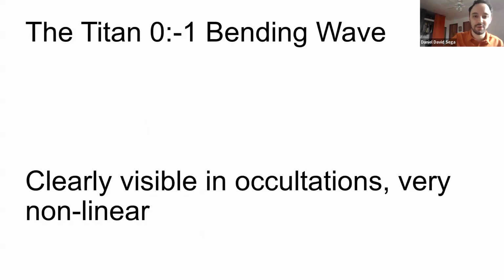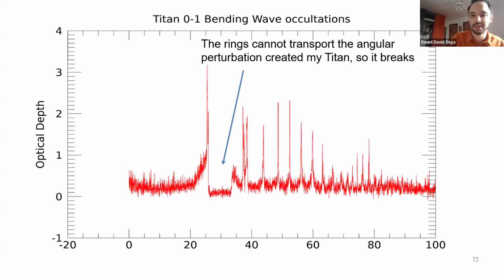And then finally, I want to very quickly mention the Titan bending wave, which is also very interesting. This one you can see in occultations. But the interesting part is that it has this gap. So the bend is so exaggerated. It's a 40-degree slope. This one is kind of the opposite of the Iapetus one, in that the ring breaks. And this is interesting because we see in these protoplanetary examples that I showed that when the inner disk is too misaligned, you kind of have a gap, and we don't understand when that happens.